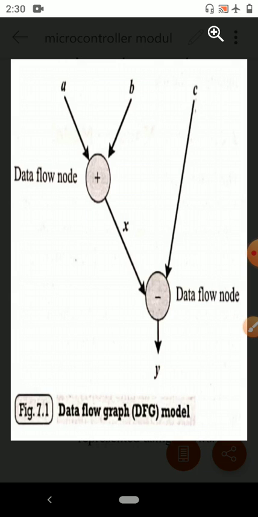A DFG model is said to be an acyclic DFG model if it doesn't contain multiple values for the input variable and multiple output values for a given set of inputs. Feedback inputs, events, etc. are examples of non-acyclic inputs. A DFG model translates the program as a single sequential process execution.